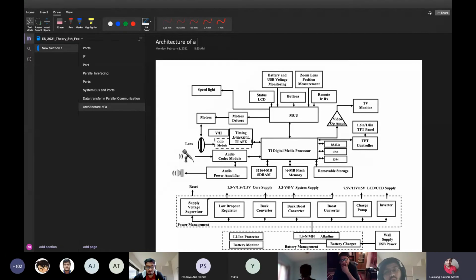Yes, it's a digital camera which I already told you. It's an old model digital camera, but this architecture is not available on new models. There is a power management unit, as you can see. This is the complete power management because each unit needs different supplies. This is the media processor. This is a microcontroller unit. Media processor does all the high priority tasks like image processing. Running while taking pictures on the run.